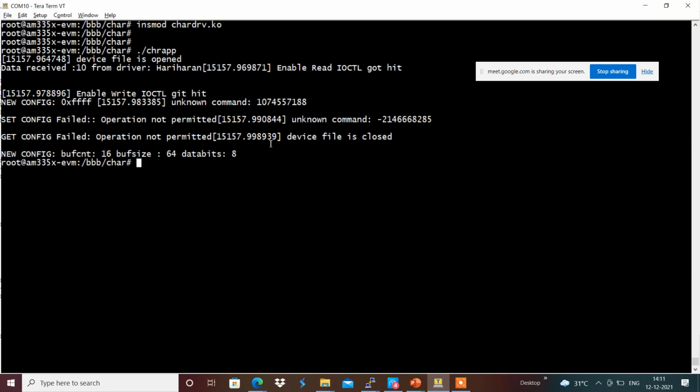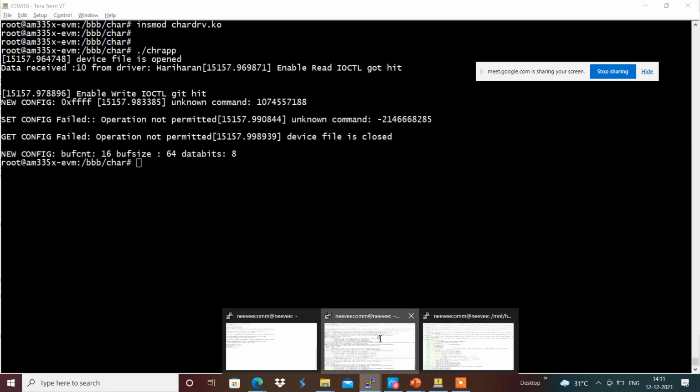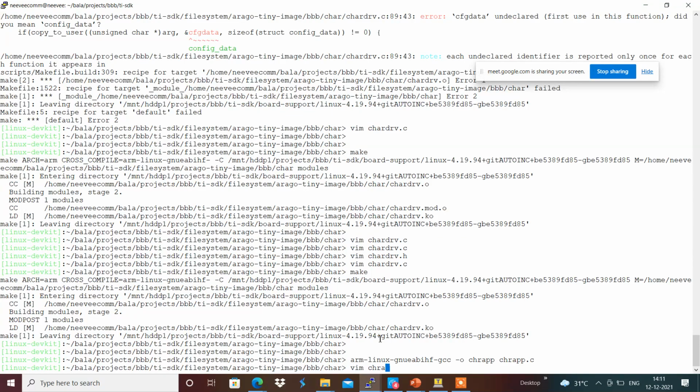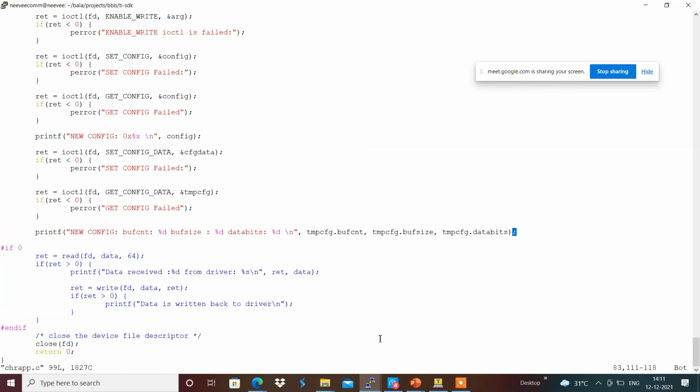Set config data failed. Get config. CFG data we are passing.